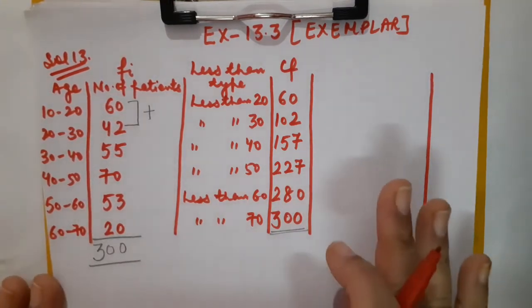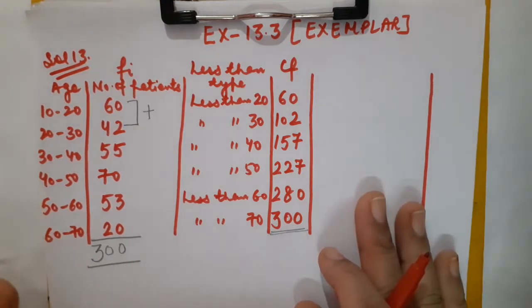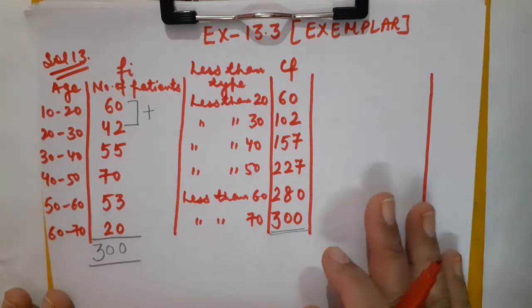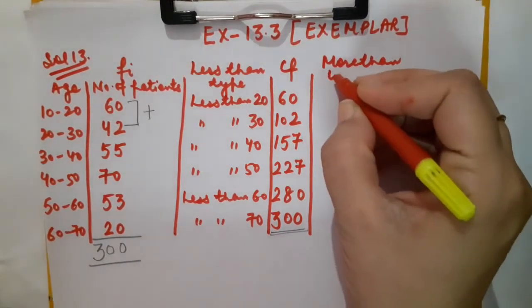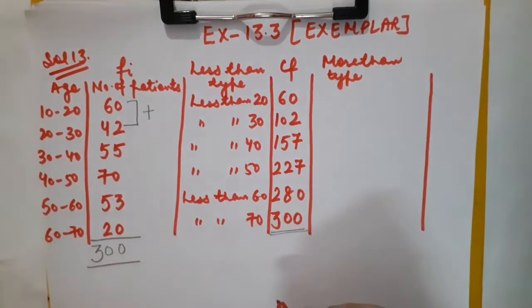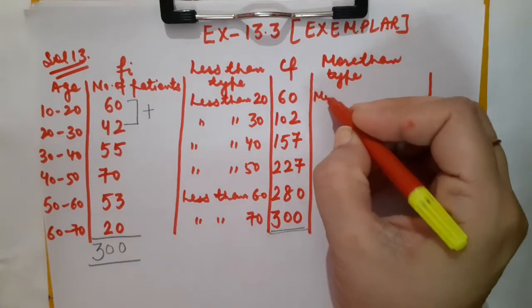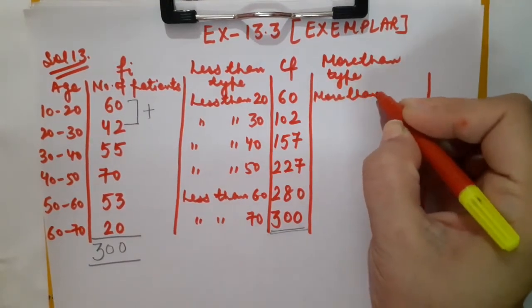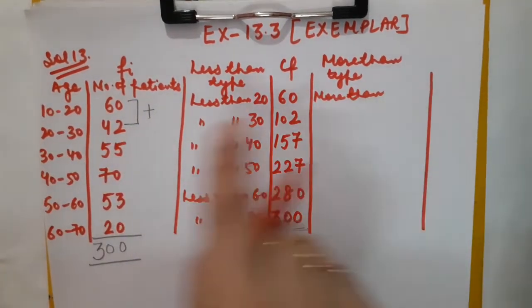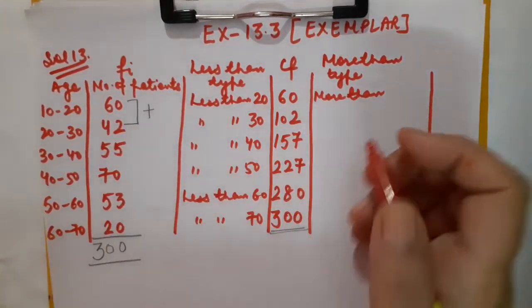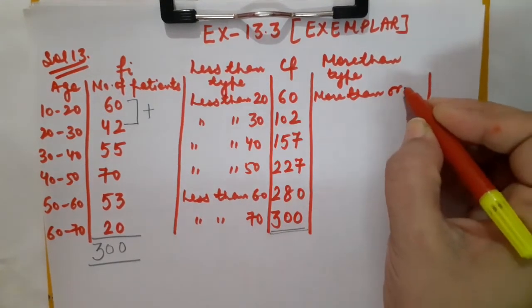Okay. So now I am going to switch to the next part of this question, that is, make a cumulative frequency distribution table using more than type. So this is the more than type cumulative frequency distribution table I am going to begin with. Please be alert. I told you in less than we used to take the upper limit. So in more than we are supposed to take the lower limit. So more than or equal to